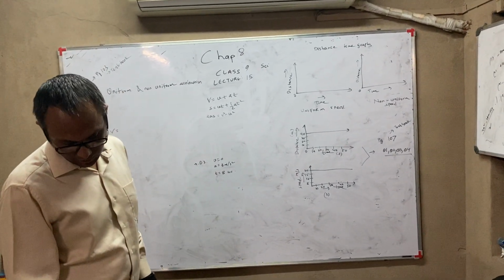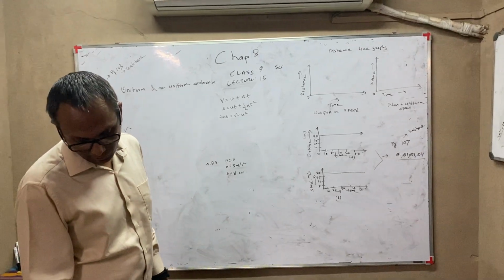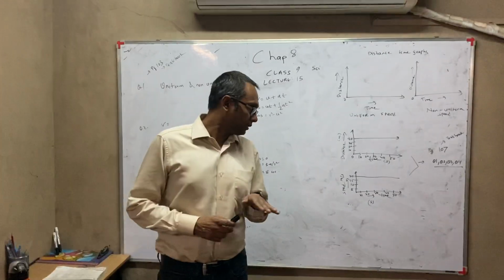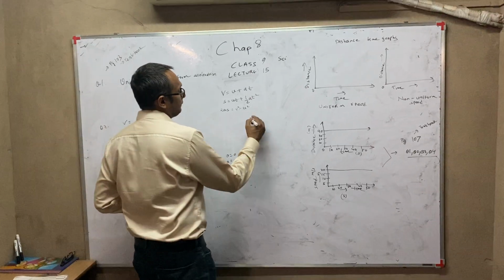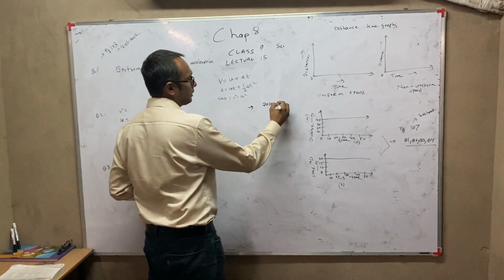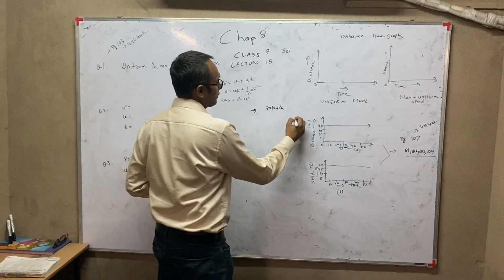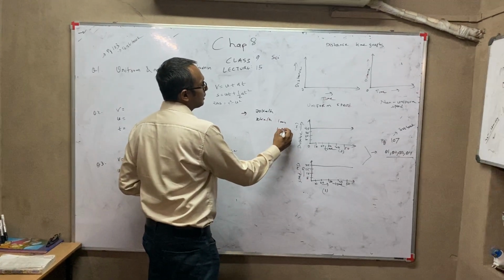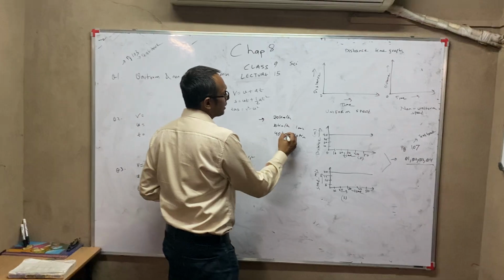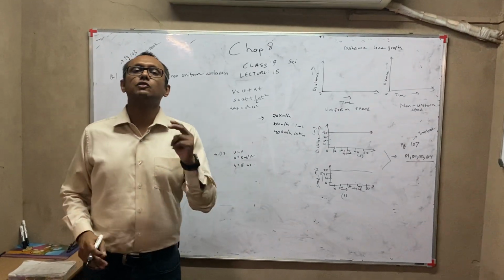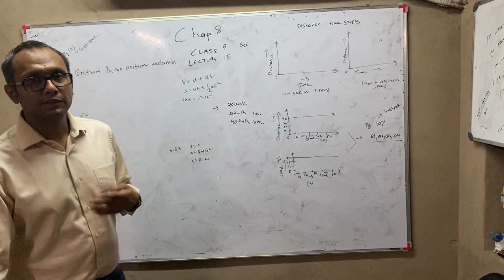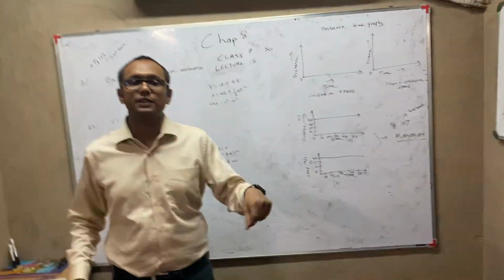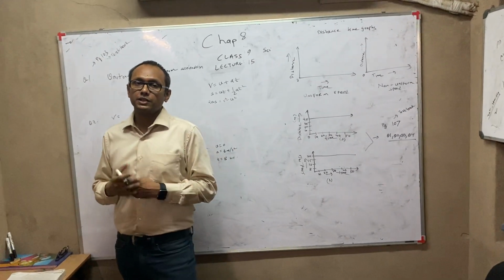First question is, when will you say a body is in uniform acceleration and when is it in non-uniform acceleration? First we just understand this. Suppose you are going on a highway at a speed of say 20 km per hour, and after 10 minutes you increase your speed to 30 km per hour. Then after 10 minutes you increase your speed again to 40 km per hour. So in a way you are accelerating uniformly, you are increasing your speed uniformly. This is known as uniform acceleration. But suppose you are in a market situation, sometimes you increase the speed of your vehicle, sometimes you decrease. So that is non-uniform acceleration.